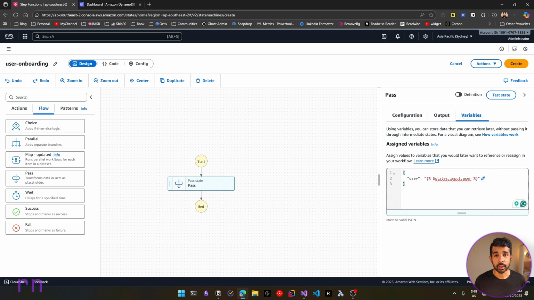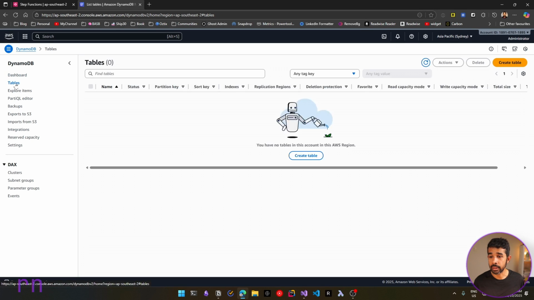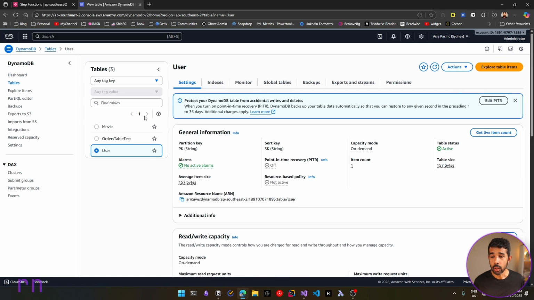Now, once we have the user, let's say we want to add this into a DynamoDB table. I already have a DynamoDB table created here. Under tables, we have the user table, which currently does not have any data in it. This has a partition key and sort key with the names PK and SK. So you can put any properties in those. In this case, we will be using the user ID and also a string as the sort key, purely for